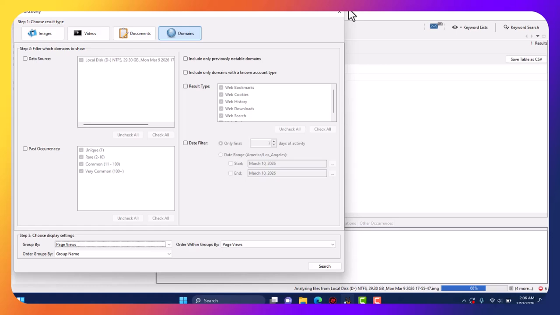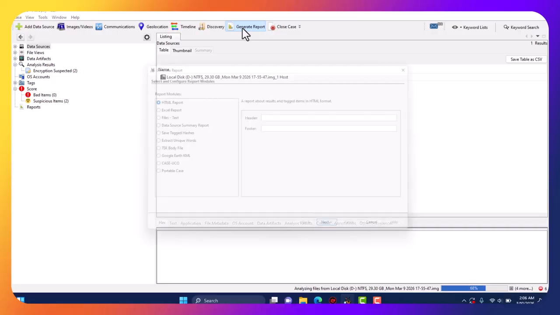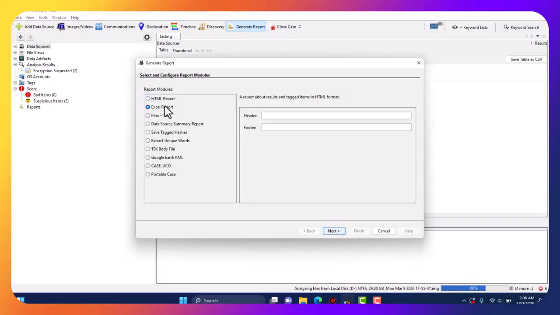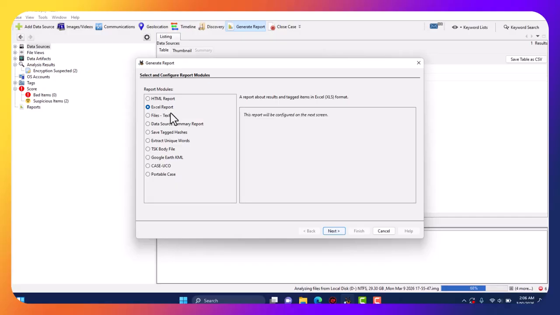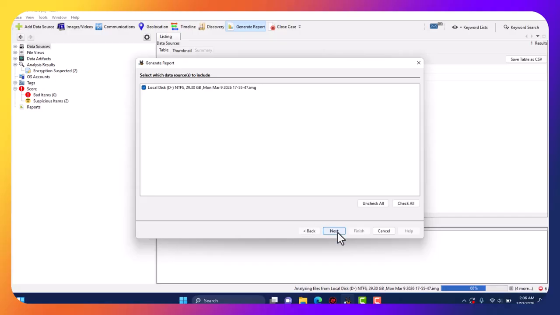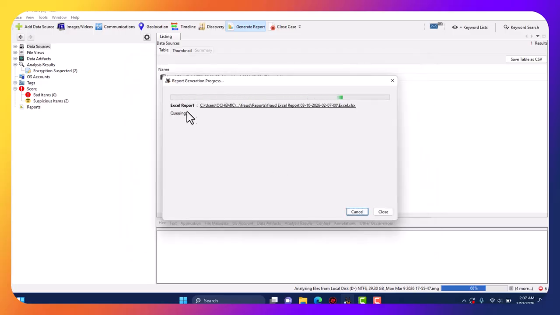You also see, if you want to generate a report about your case, you can just click on generate report. You can save it as HTML report, Excel report, file report, or whatever you want to do. If I want to save as Excel, I'll click Excel, I'll click next, I'll click all result, and finish. If I click finish right now, you see that it's saving the report in a report Excel. So this is actually how you generate your report